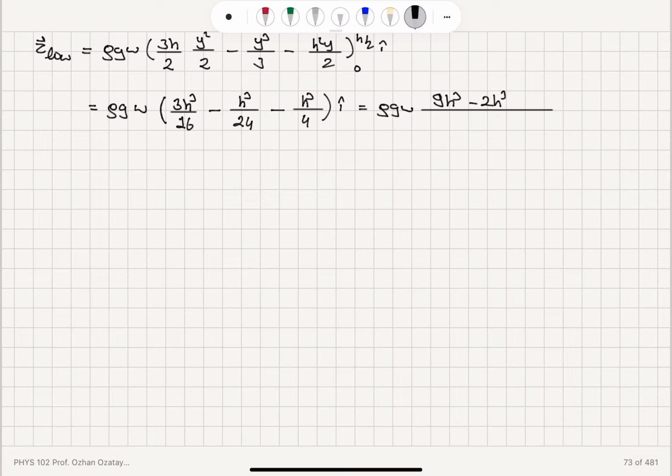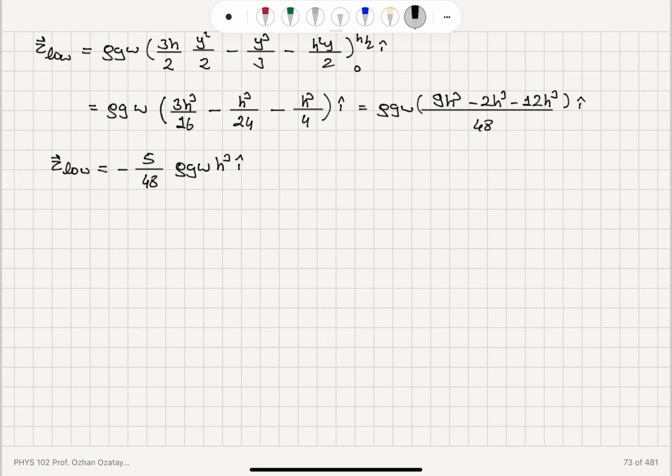And then I have minus 12h cubed, multiplied by 12 because of this 4 in order to write the common denominator here, in plus I hat direction. And the result will be, for the lower portion, 9 minus 14 minus 5 over 48, minus 5 over 48 rho GW h cube in